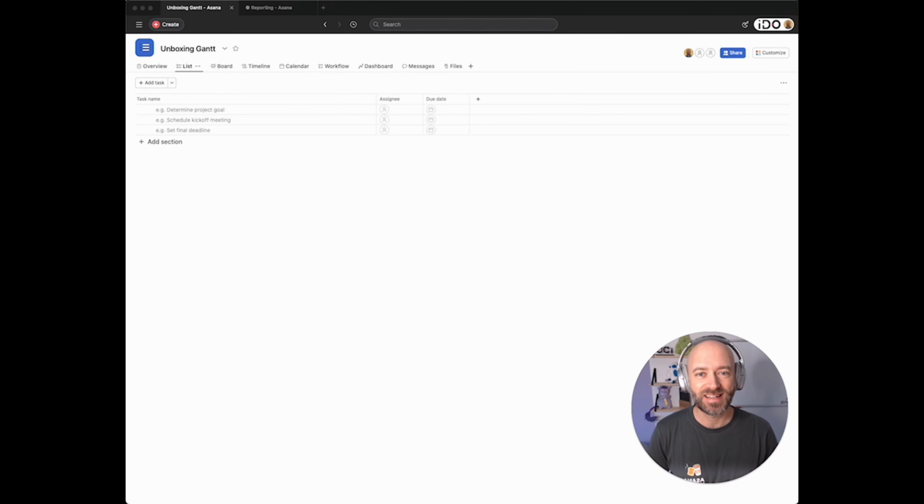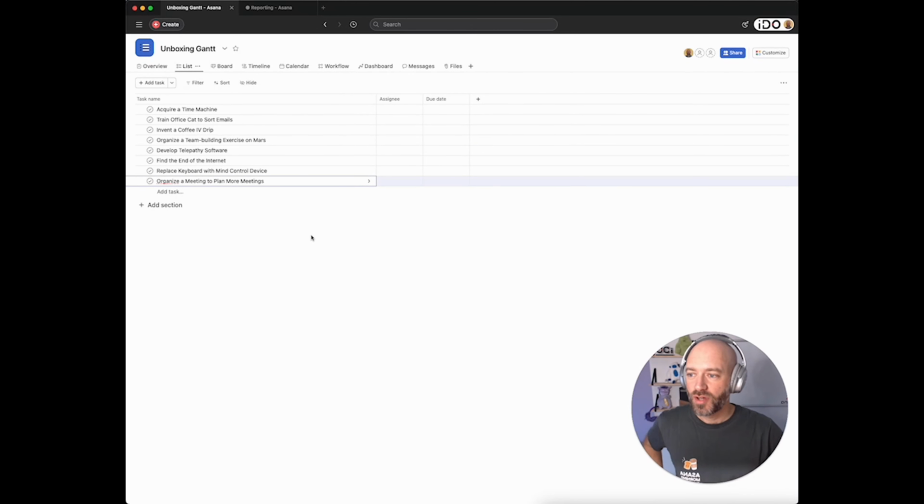Even though the Gantt view in Asana was released a couple of weeks ago, I actually never tried it. So we thought with the team it would be interesting to look at me unbox the Gantt feature for the first time and try it out in front of your eyes and maybe discover things together. So what I've done is I created an empty project and also I asked ChatGPT for a task list. So I'm just going to get a task list.